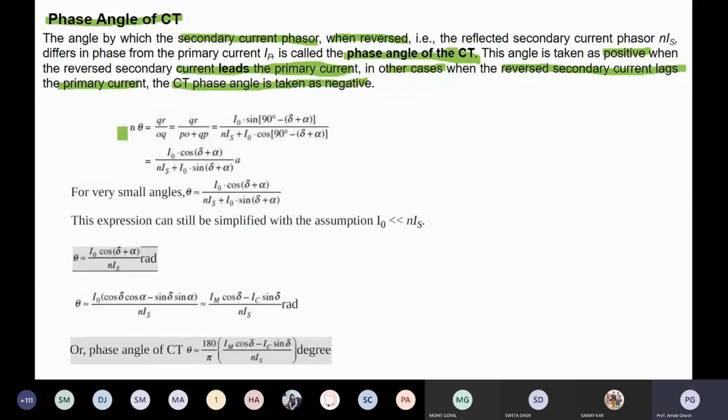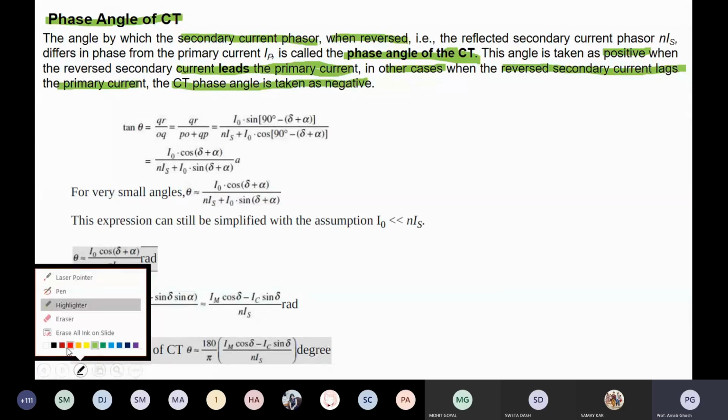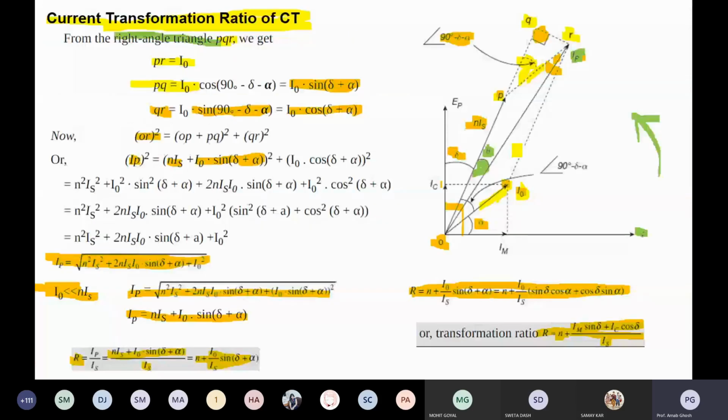So when I declare the class test, this type of question will be there. After that you have to calculate the current, and the phase angle. You have to calculate the phase angle, tan theta. Theta you have already known. If this is your theta, then tan theta means tan equals perpendicular by base. What is the perpendicular? Because your right angle triangle is OQR, the perpendicular is RQ, and the base is your QO.